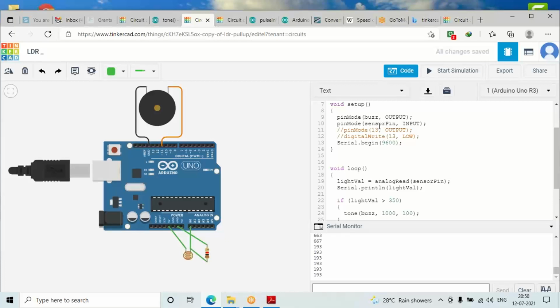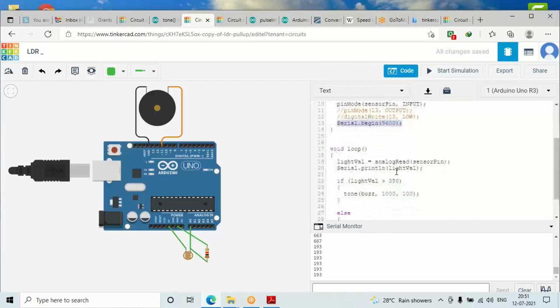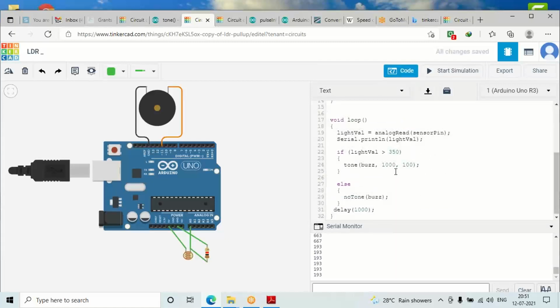So whenever you want to use something, make sure that before using, you set it yourself. You should not rely on the default value. So here I am setting my sensor pin as input and my buzzer as output. And I am also activating the serial monitor by writing the function Serial.begin and passing the baud rate value as 9600.